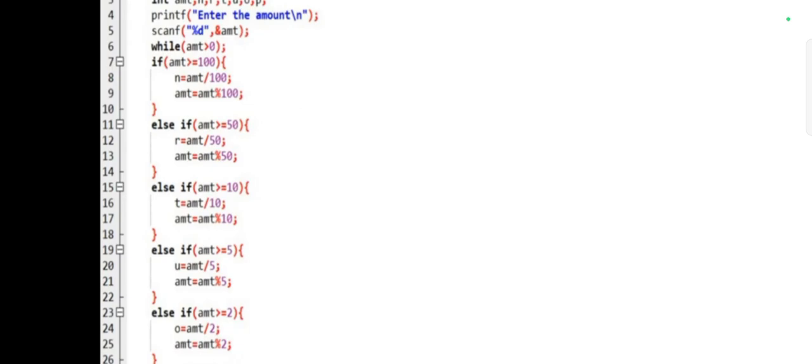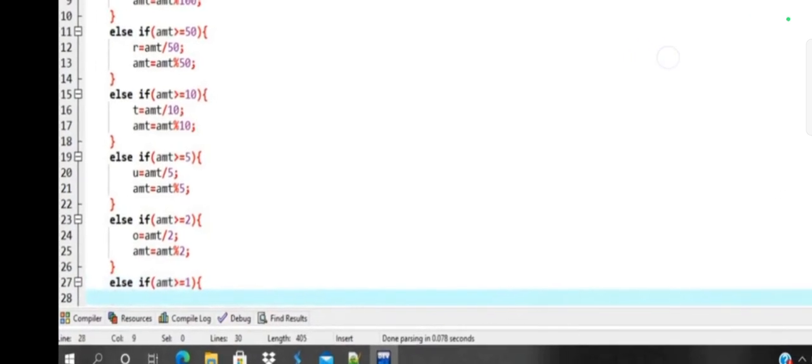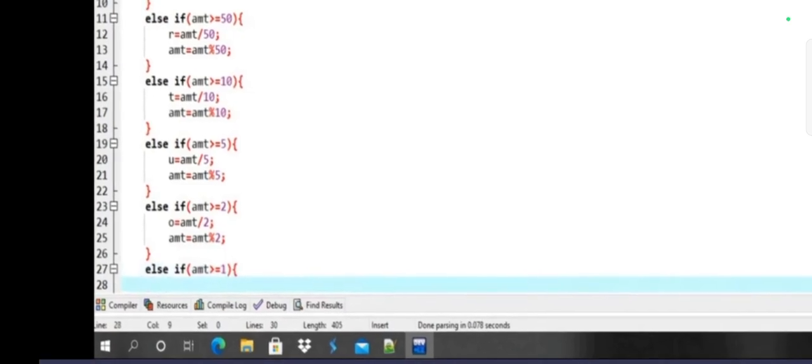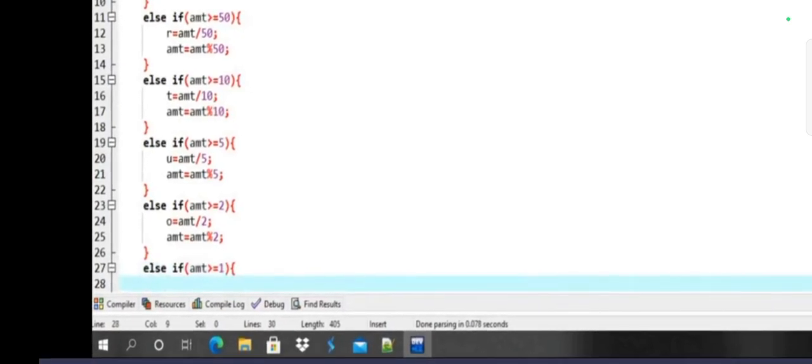Else, if amount is greater than or equal to 10, t is equal to amount divided by 10. Amount is equal to amount modulo 10. Else, if amount is greater than or equal to 5, u is equal to amount divided by 5. Amount is equal to amount modulo 5. Else, if amount is greater than or equal to 2, o is equal to amount divided by 2. Amount is equal to amount modulo 2. Else, if amount is greater than or equal to 1,